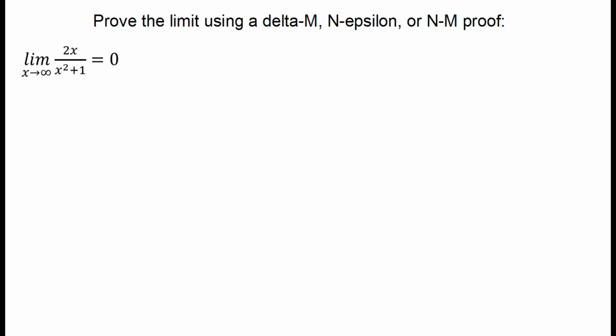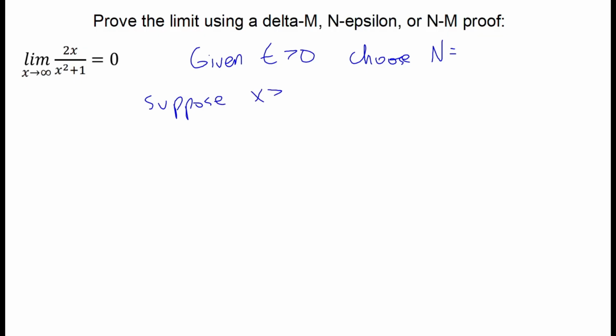All right, for our next one, again, we have a limit as x approaches infinity, and it's equal to a real number again. So this will be an N-Epsilon proof. So given an epsilon greater than 0, we'll choose n equal to something, and we'll figure out what that is in a second. We'll suppose that x is greater than n is greater than 0 this time because x is